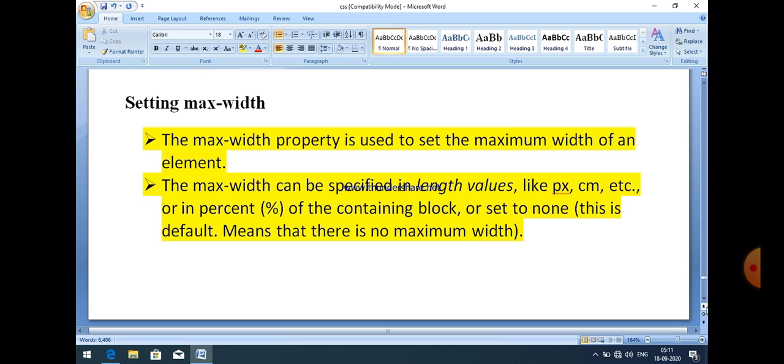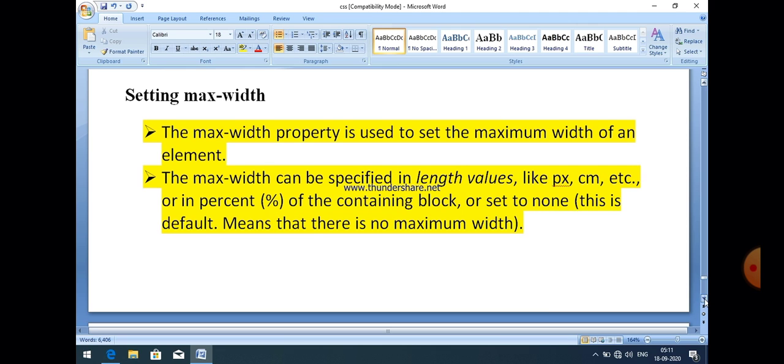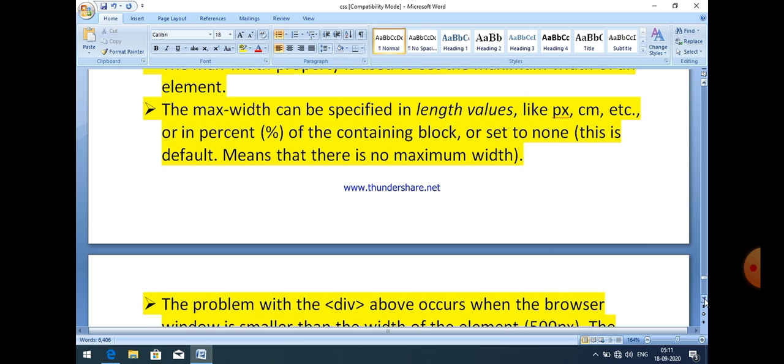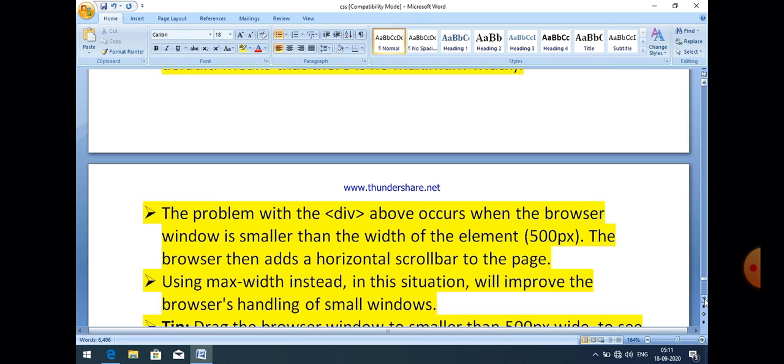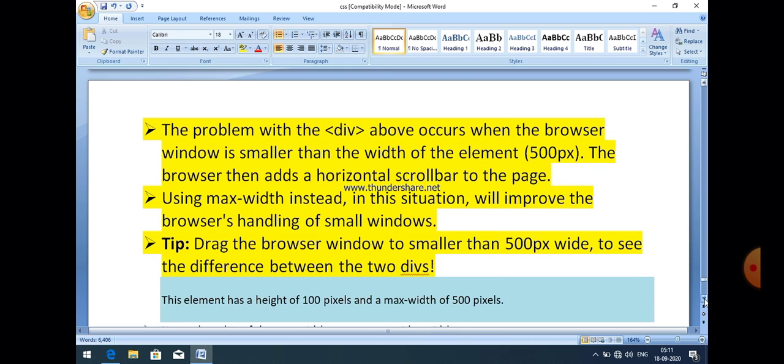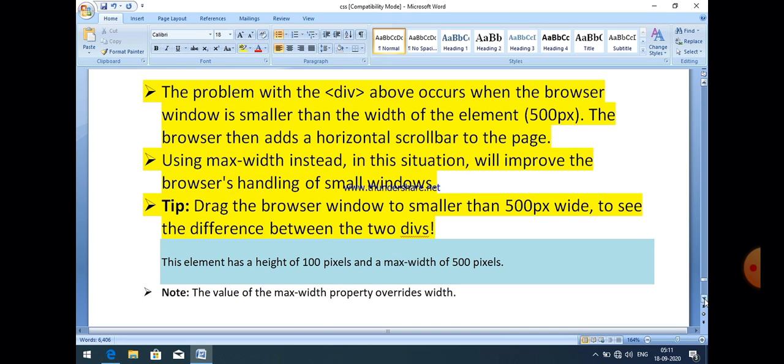Now I think the max-width property is clear to all of you. You are now able to apply the max-width property, and there are a few more points. The problem with the div element occurs when the browser window is smaller than the width of the element, that is 500 pixels. The browser then adds a horizontal scroll bar to the page. That is a very important point.